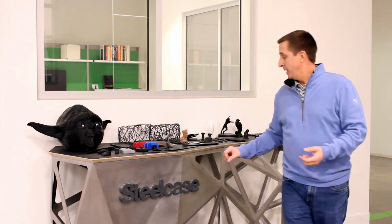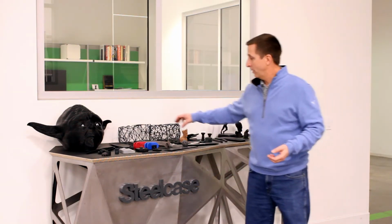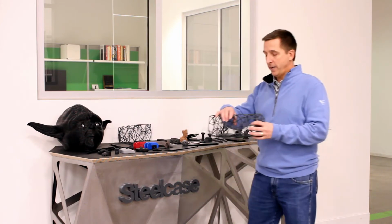We love that software product, and they have generative design built into that CAD package. And we had a request to build a generative design table for one of our showrooms. So this is a couple of our mock-ups that we have, and we started off looking at a way of